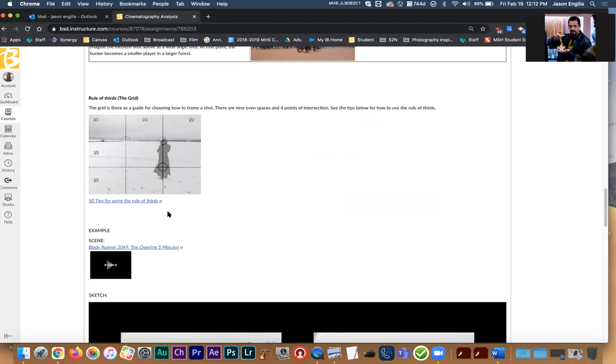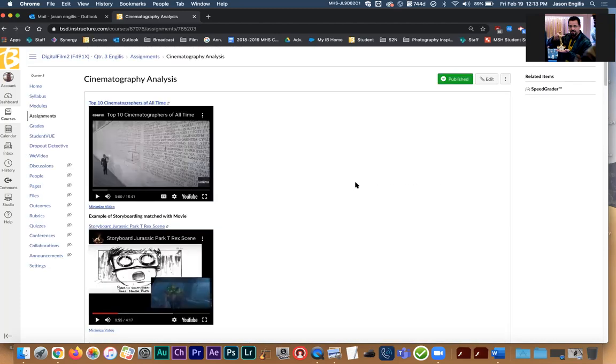Use these lines to line up your subjects so that you don't have a lot of empty space, so that you're separating, moving your subject off center. And if you have another thing that's important, you might want to put that on the opposite end. So if you start watching, I was watching Lord of the Rings, and just thinking about simple dialogue scenes, usually one person's here and one person's there, and they're talking to each other, but the rule of thirds is being used all the time. So the assignment builds on that.